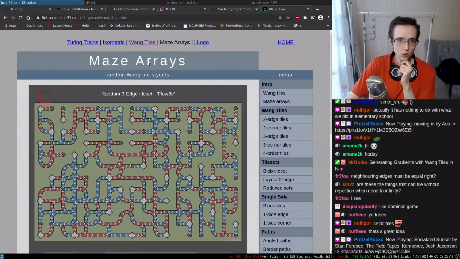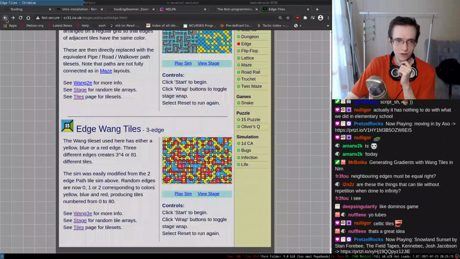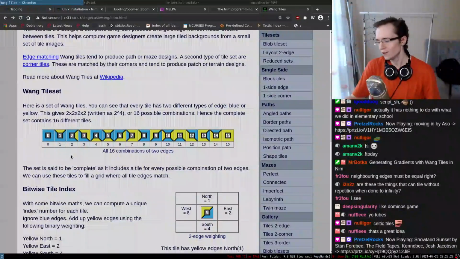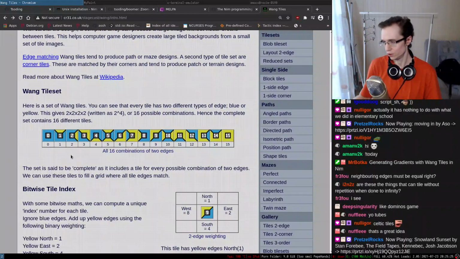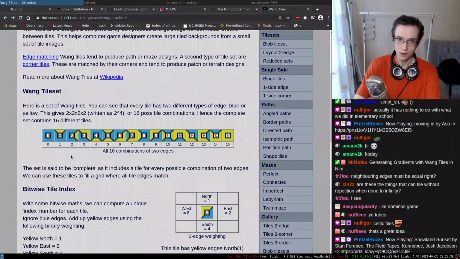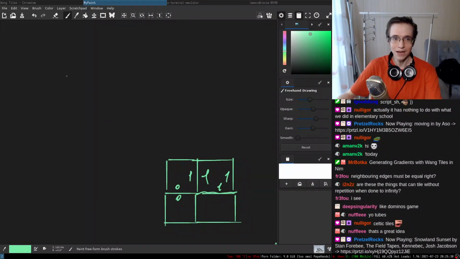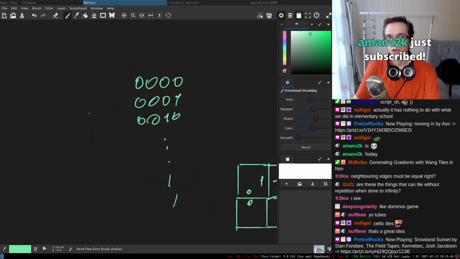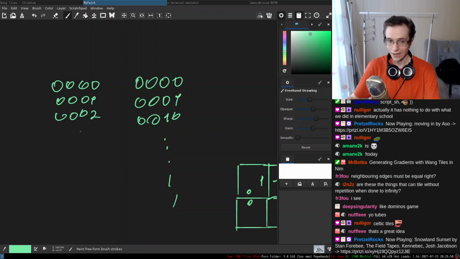And as far as I know, this idea is used quite heavily in game development for procedural generation of levels. Again, you don't necessarily have to have only 2 colors. You can have 3 of them. But in that case, instead of a binary system where you have 0000, 0001, 0010, and so on, you're going to have a ternary system. So this is going to go from 0000, 0001, 0002, and so on and so forth.